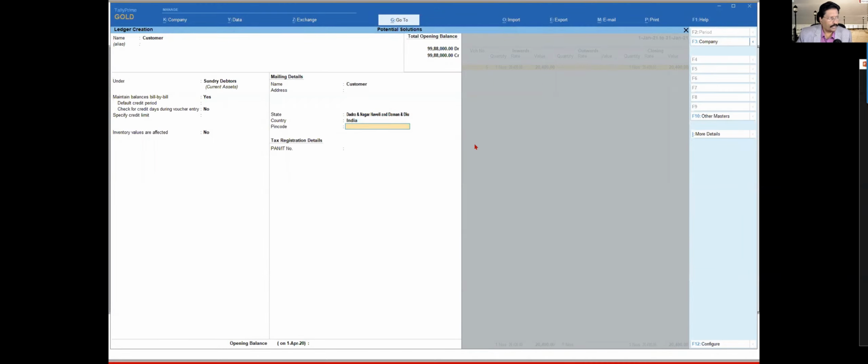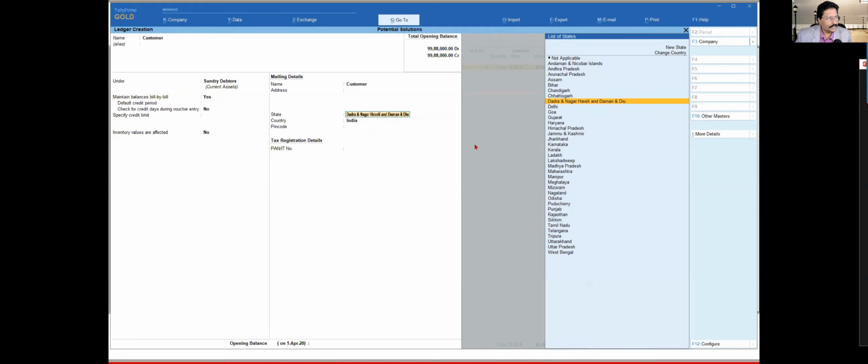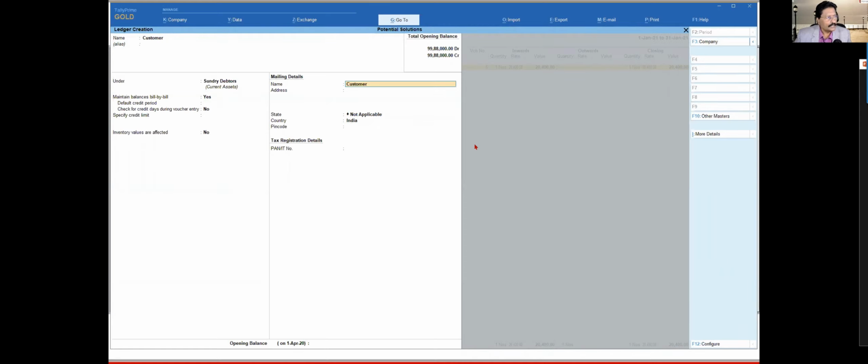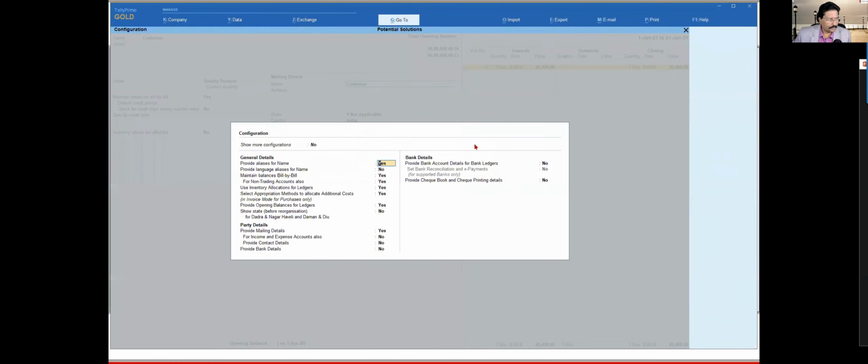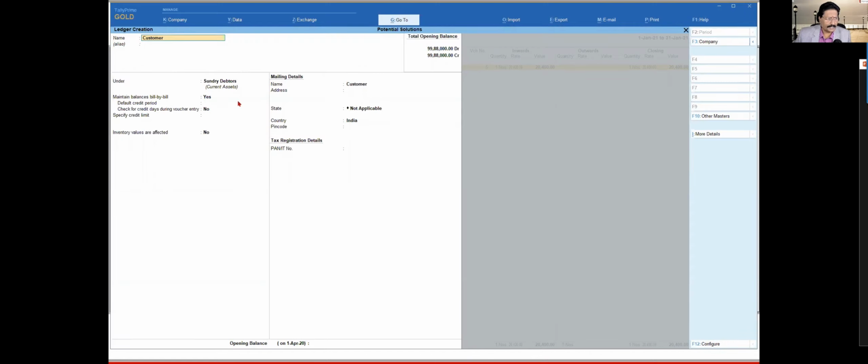Country is taken automatically, and you enter your pin code. Now let's come back. I press F12, and ask Tally to show before reorganization. Then we will see what change happens.